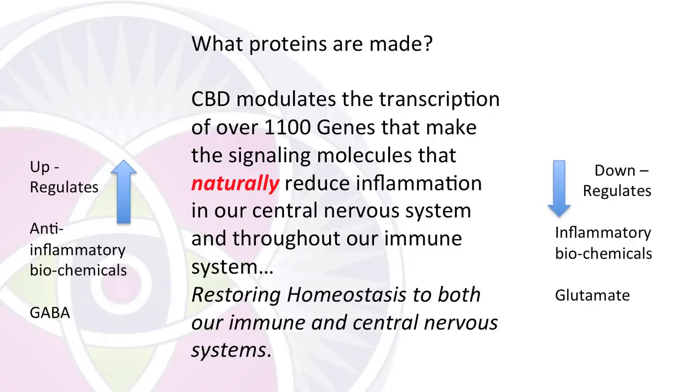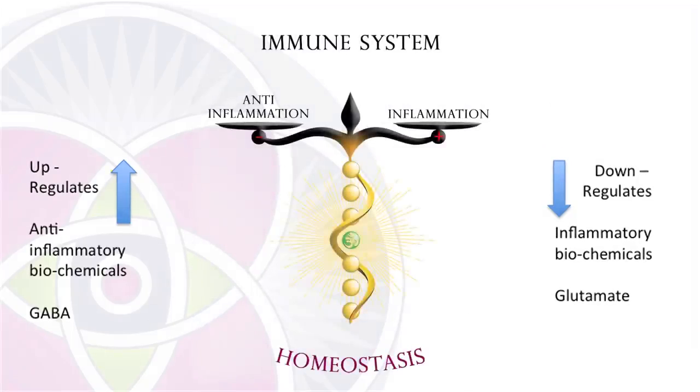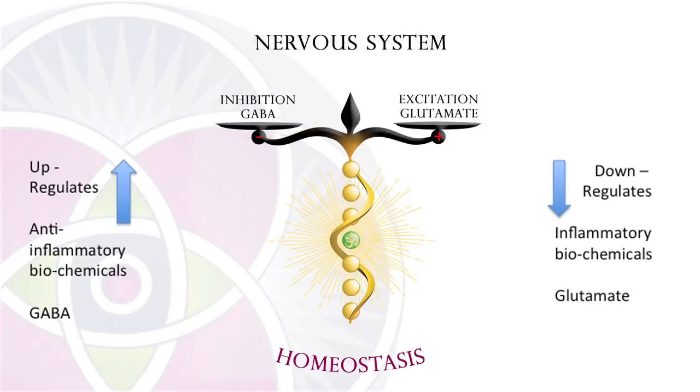CBD modulates the transcriptions of over 1,100 genes that make the signaling molecules that naturally reduce inflammation in our central nervous system and throughout our immune system, restoring homeostasis to both our immune and to our central nervous systems. So as you can see on the left side of the slide, CBD upregulates the genes that create anti-inflammatory biochemicals for our immune system and upregulates the GABA system in our central nervous system, which brings calmness to our central